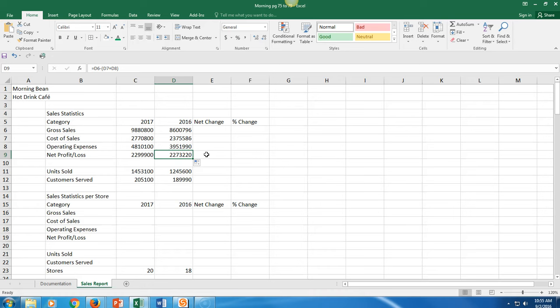And when you've done that, let's move on to calculate the per store statistics. In cell C16. Okay, I'm in C16. That's our gross sales. Enter the formula equals C6 divided by C23. So equals C6. Remember dividing, the little slash mark? You can look at it over on your numeric keypad and it's right above the 8. C6 divided by